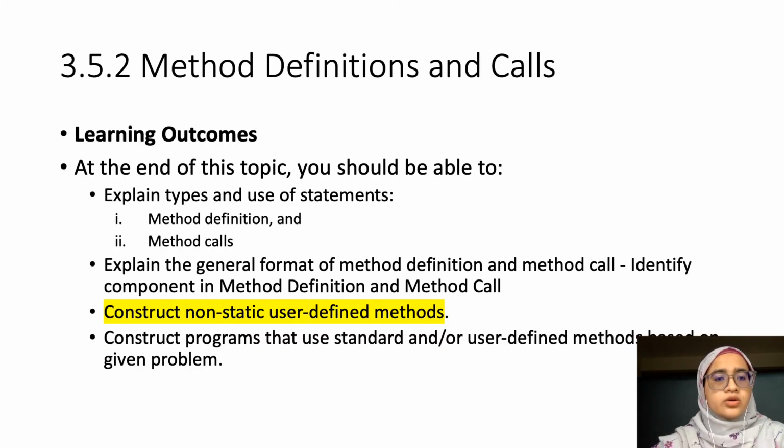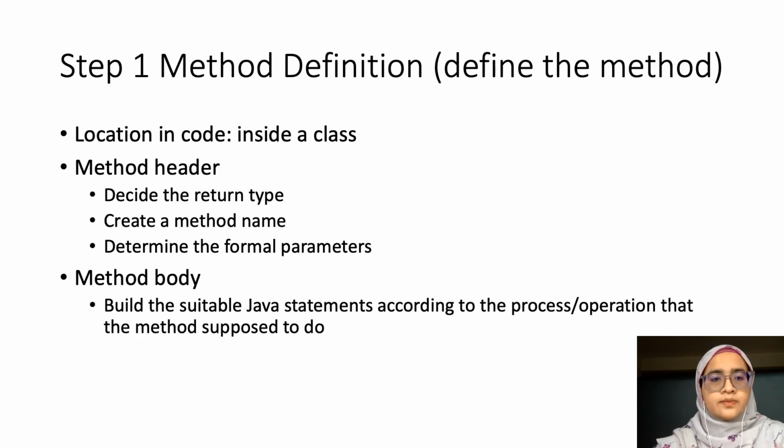Alright, so now we are going to construct non-static user-defined method. The non-static user-defined method is basically you have to determine or build your own method definition and then your method call. So in the method definition, it is the first step, which in your book it is written as define the method. So where is the location in the code? It is usually inside a class, and after knowing that it should be inside a class, you have to know